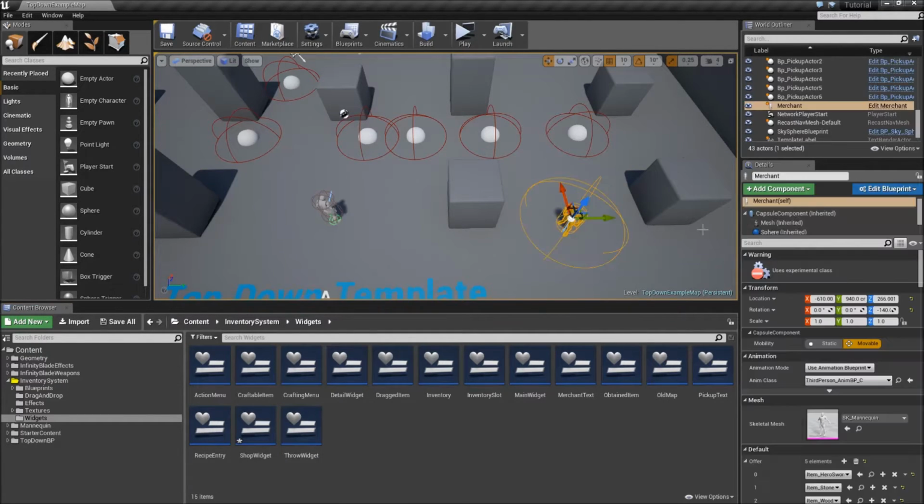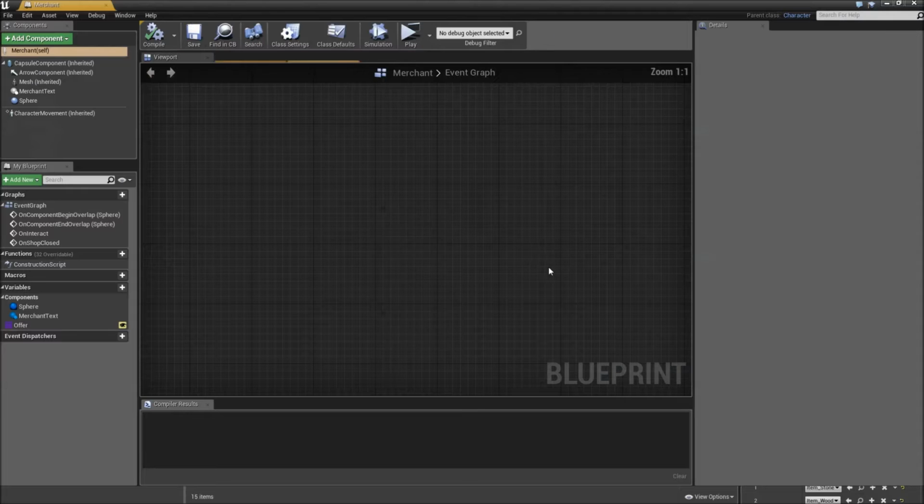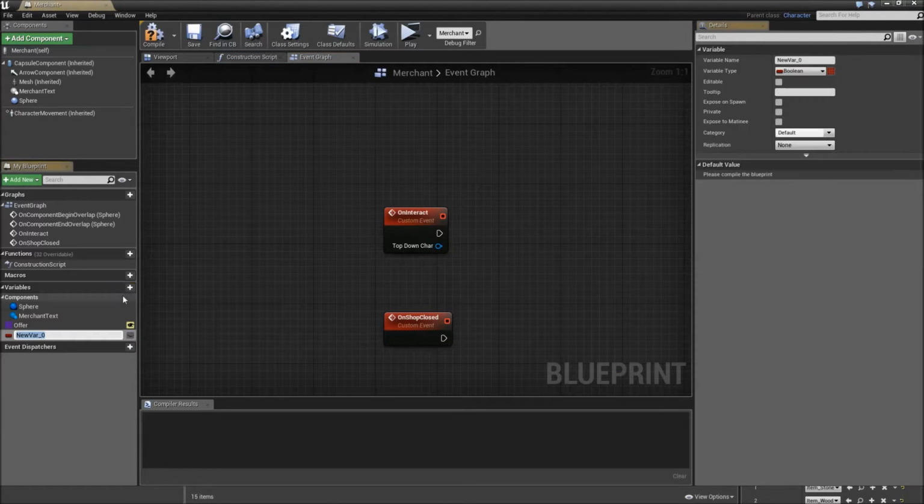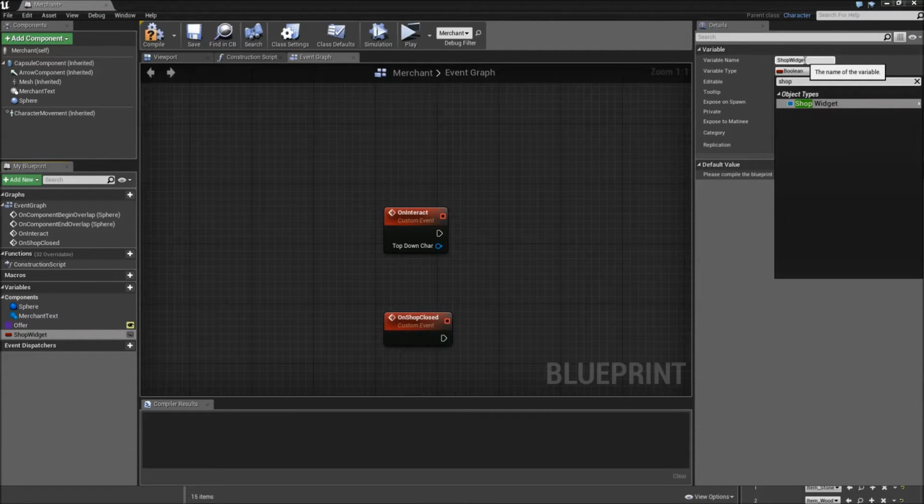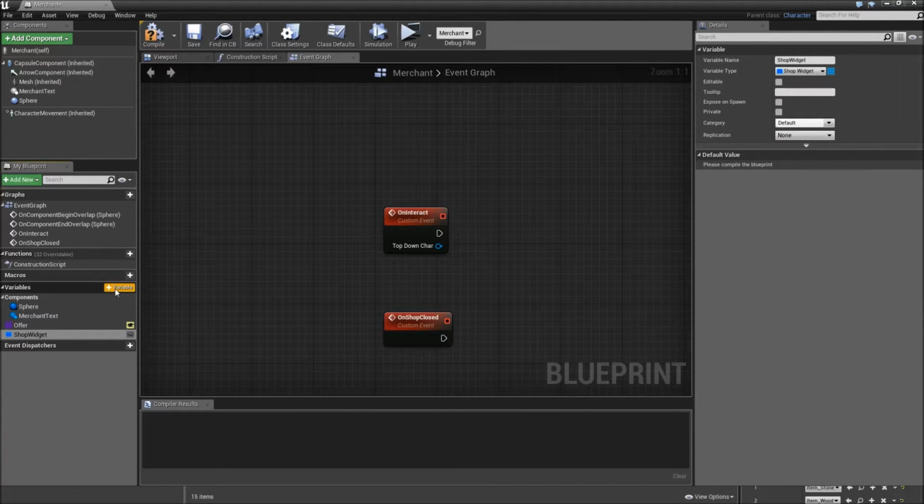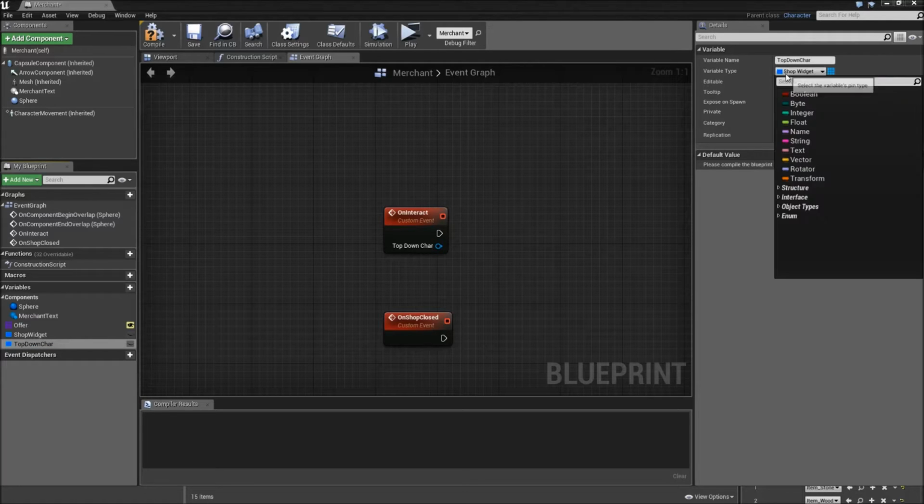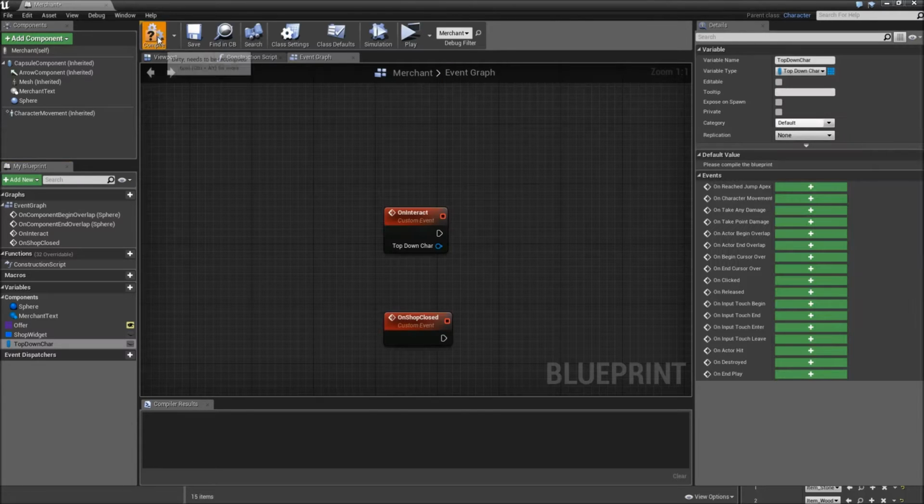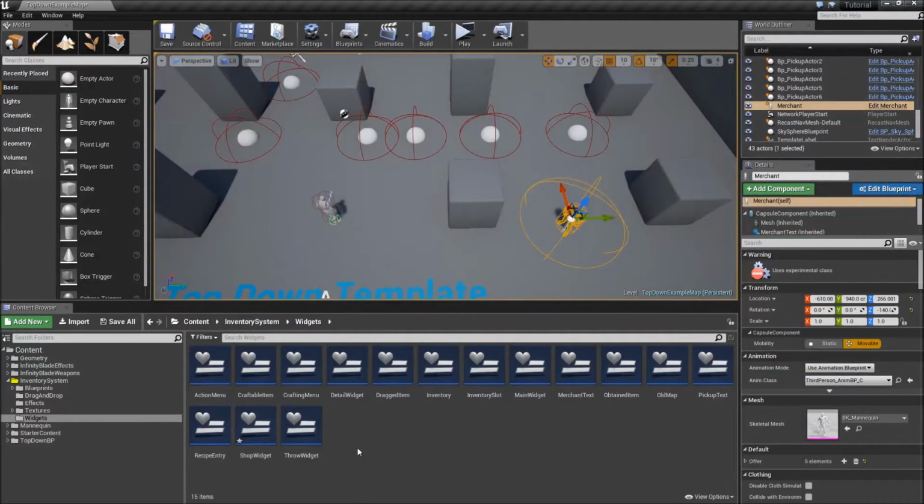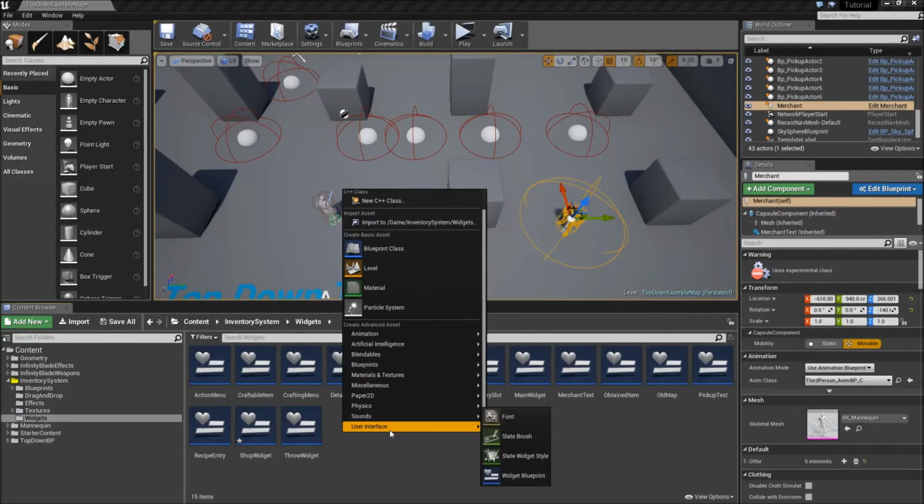Now let's go to our merchant blueprint and let's add two new variables. First one will be the shop widget of the type shop widget reference, and the next one will be the top down character of the type top down character reference. Compile and save. Now let's go back to our widgets and we will create a new one,